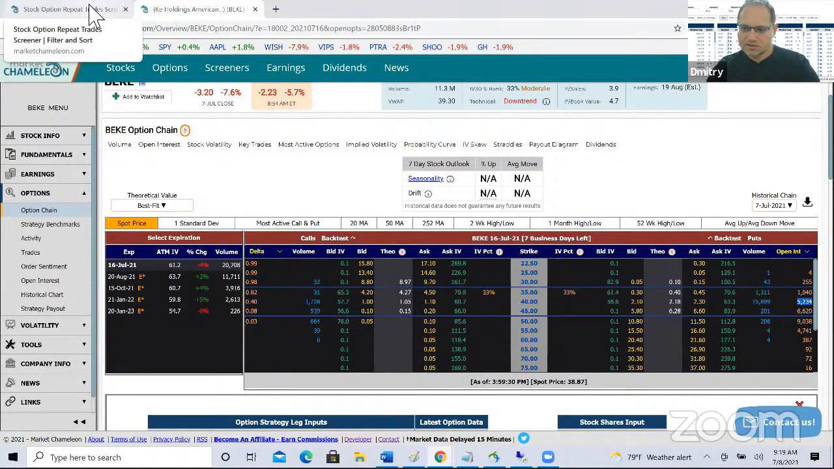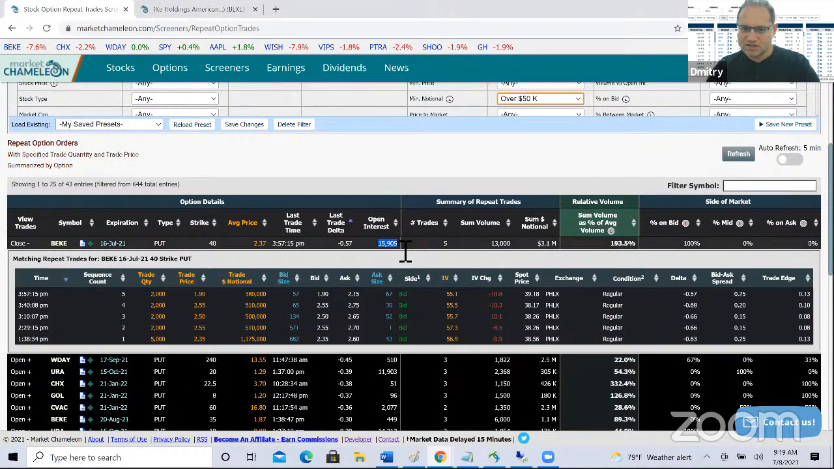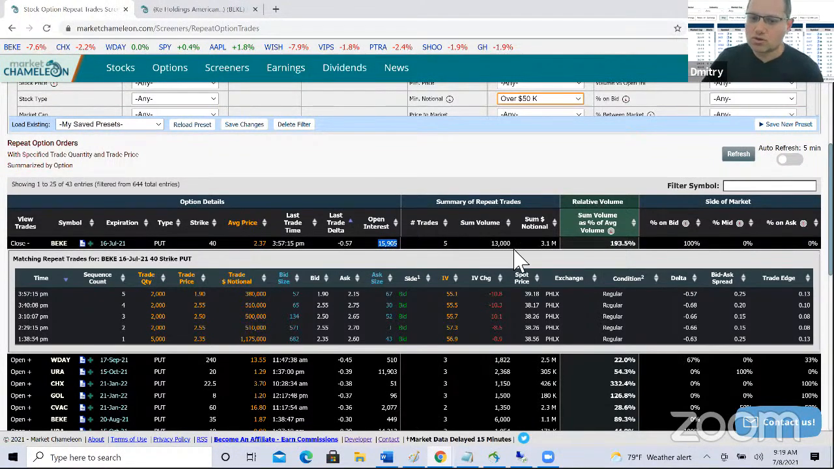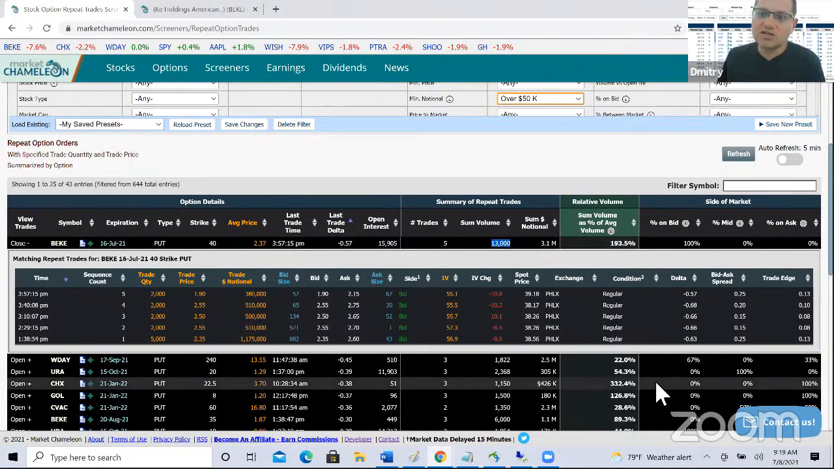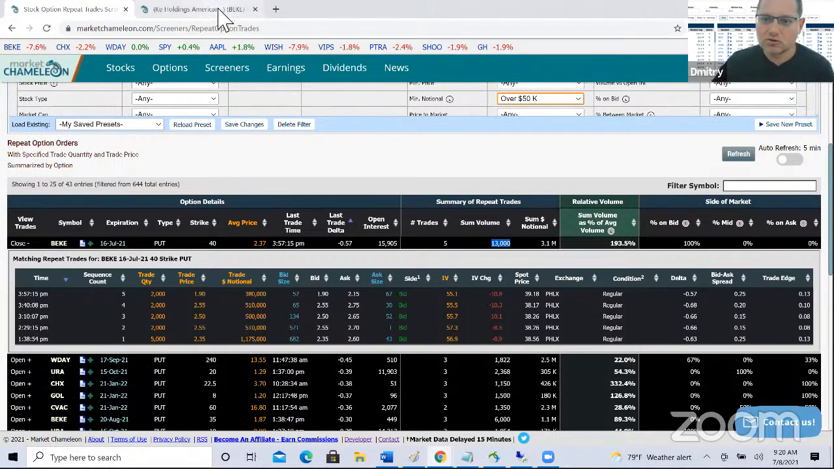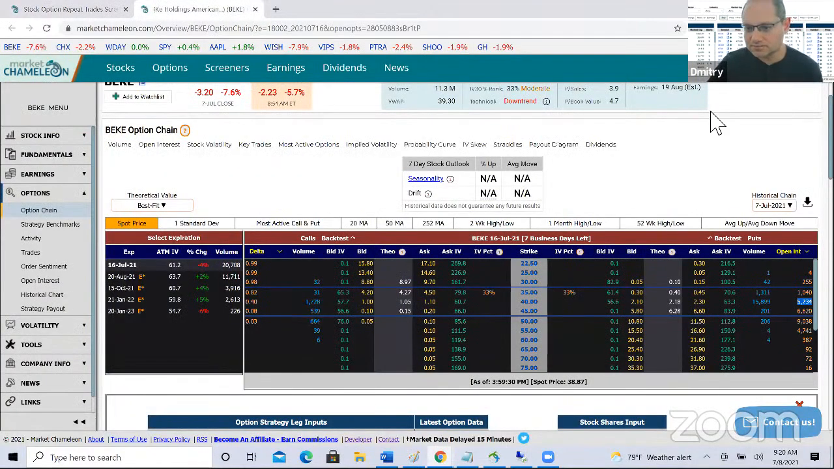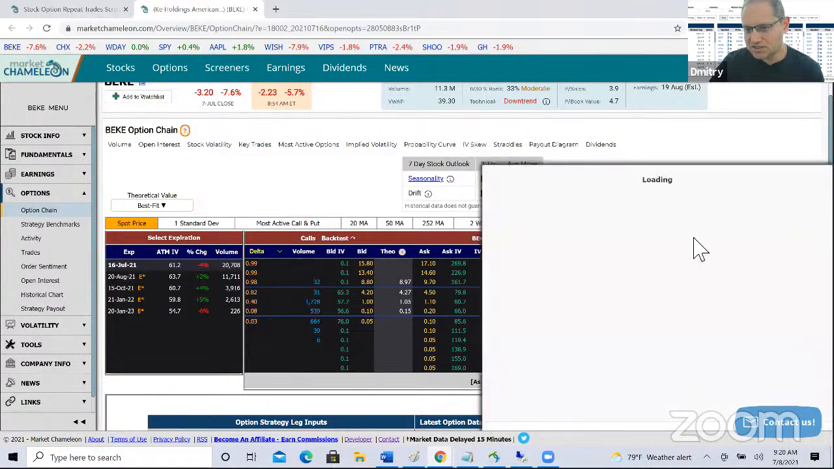So remember, it was 15,905 yesterday at the open. Today it's 5,000. So some of this was just closing those positions. Okay, the total open interest decreased. I could even open this up, 15,899,